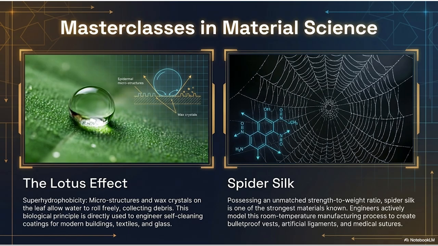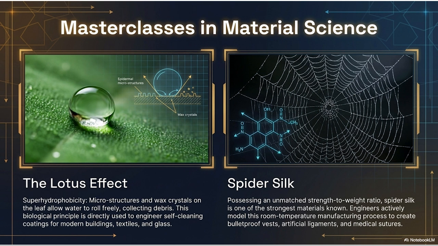And engineers saw this biological self-cleaning mechanism and just immediately commercialized it. The research points out that the lotus effect is now used to engineer self-cleaning glass and exterior building textiles. Imagine a skyscraper covered in thousands of windows in a highly polluted city. You don't need to hire people to hang off the side of the building with squeegees anymore. That's the goal. The glass is manufactured with biomimetic nanostructures, and every time it rains, the water just rolls off, taking all the smog and dirt with it. It reduces maintenance costs, saves water, and entirely eliminates harsh chemical cleaners. All because someone studied a swamp flower.